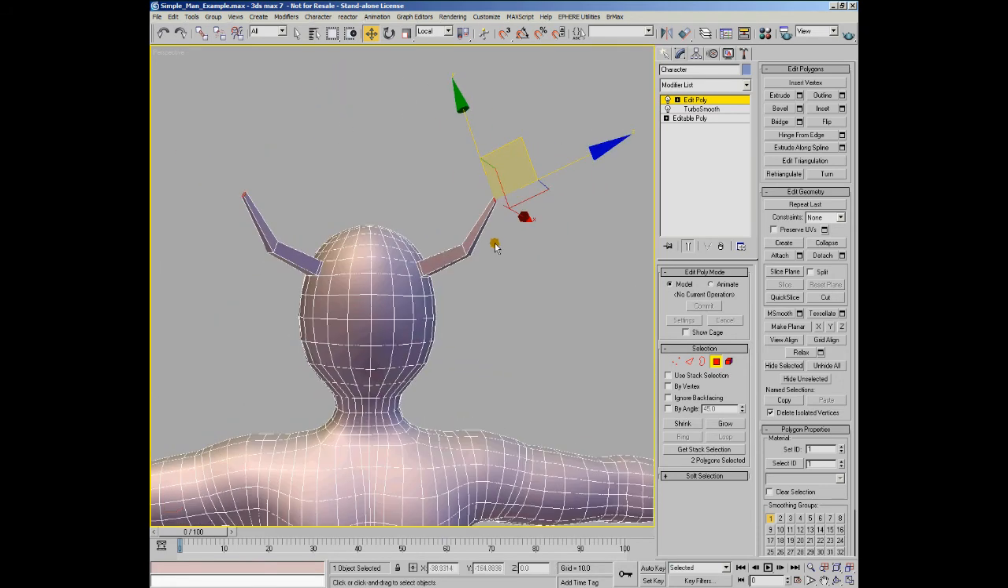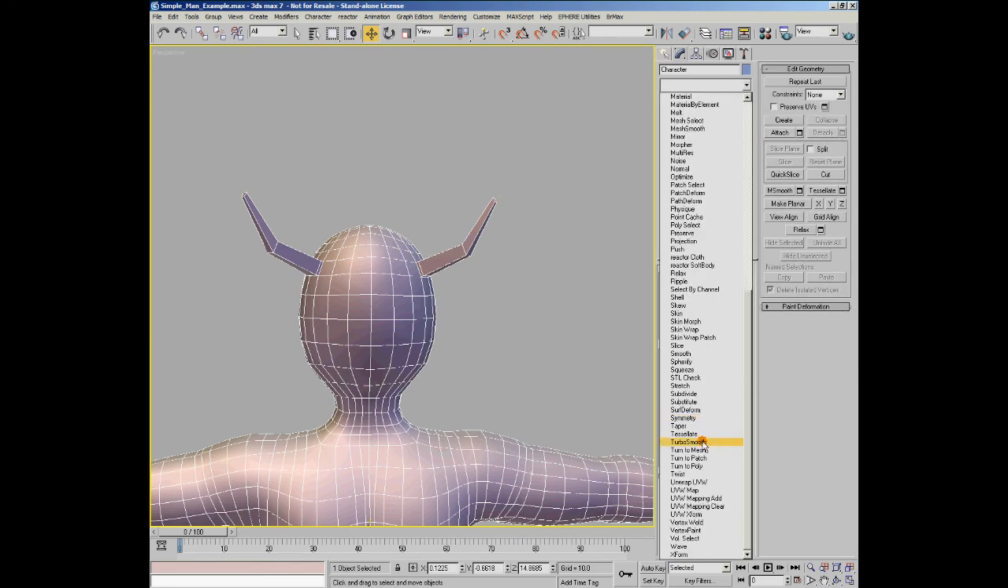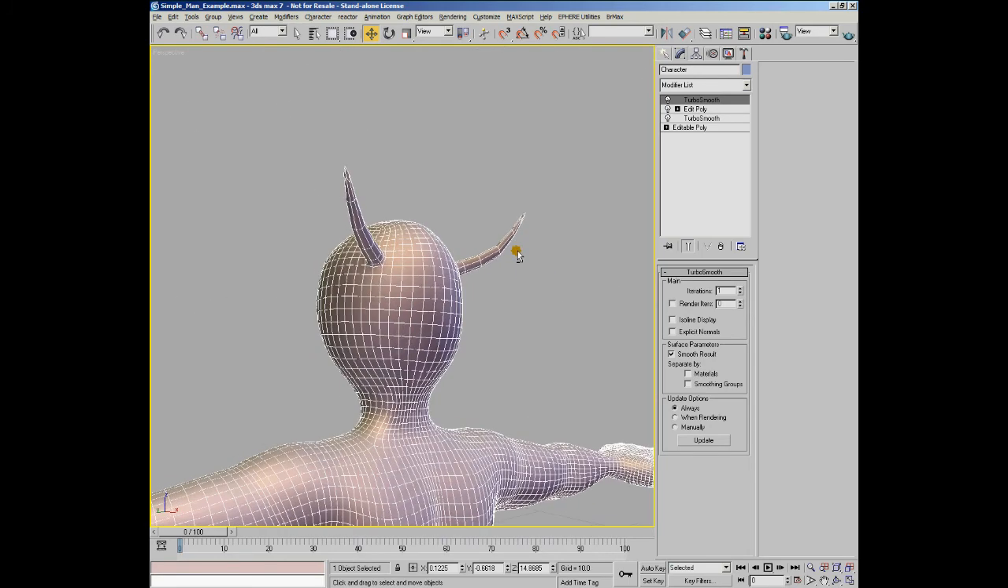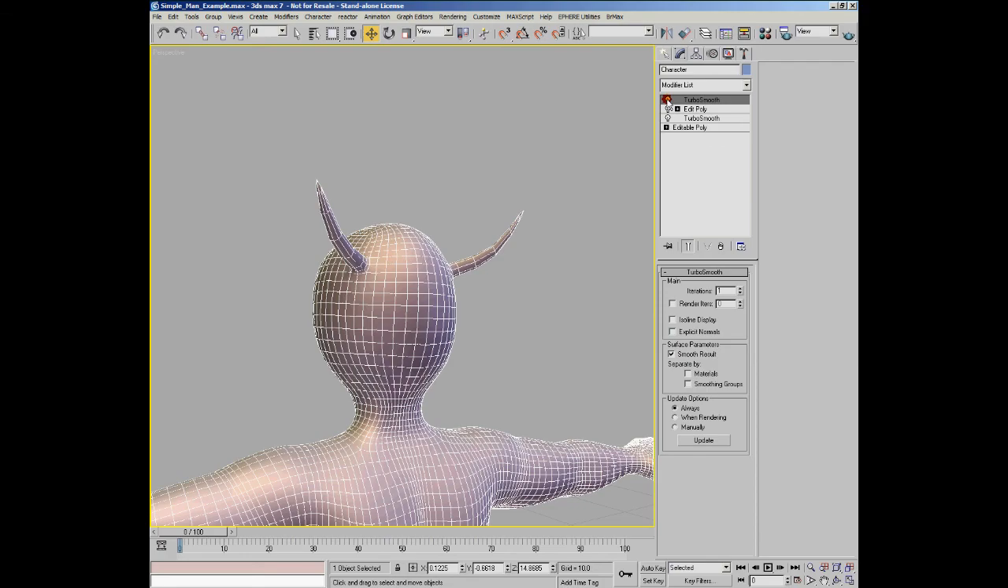So now you can see we've got these very basic horns on there, and if I stick another level of turbo smooth on top, they'll get smoothed out into these sort of spiky little horns that we have here. Now the really cool thing about what I've done here is you can go back and you can disable every single part of this modeling process, so we can get rid of the turbo smooth